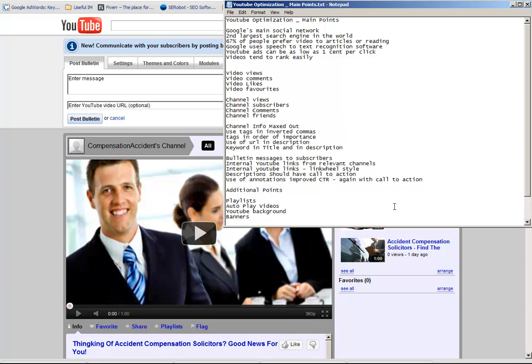Okay, so we covered the internal links from relevant channels. Now, if you can get internal YouTube links by doing more YouTube channels yourself, then you can create